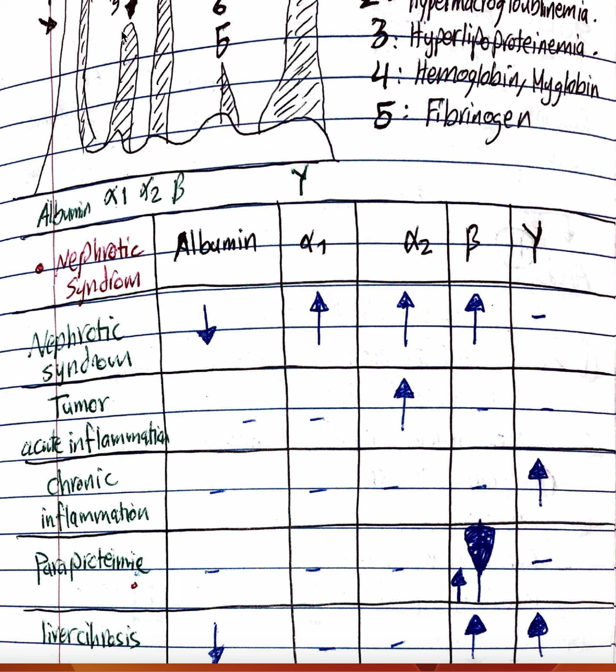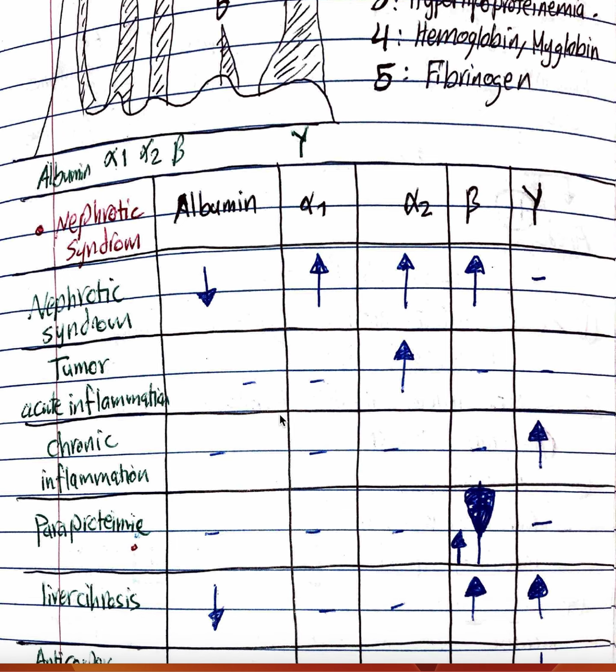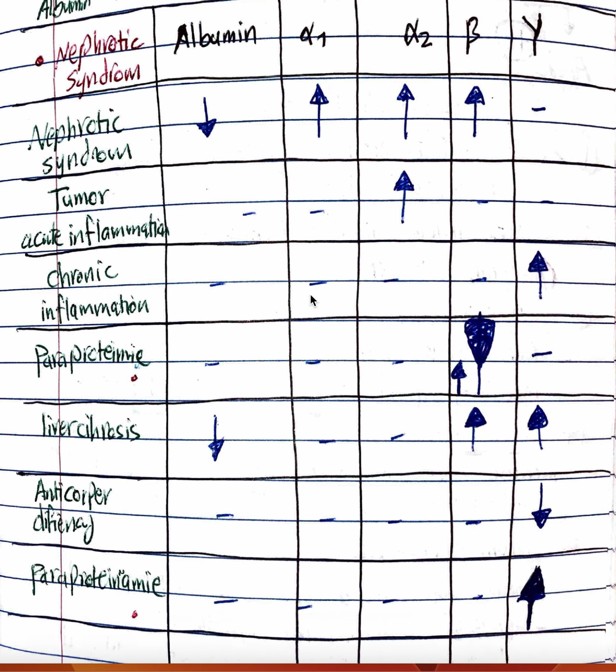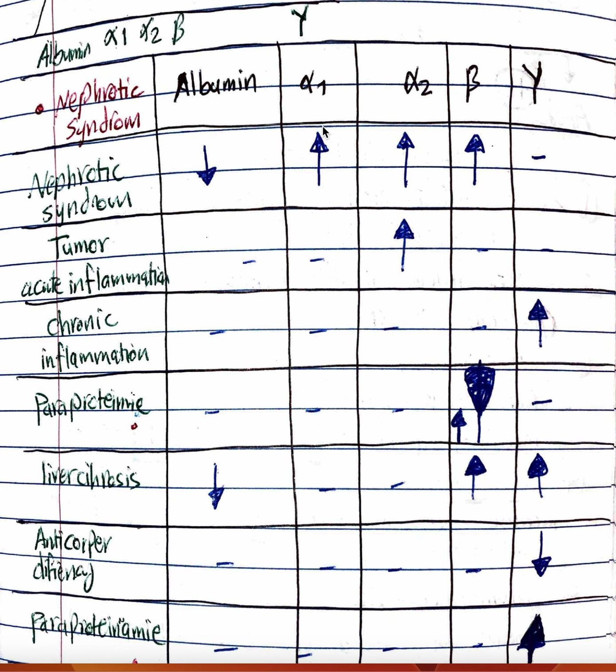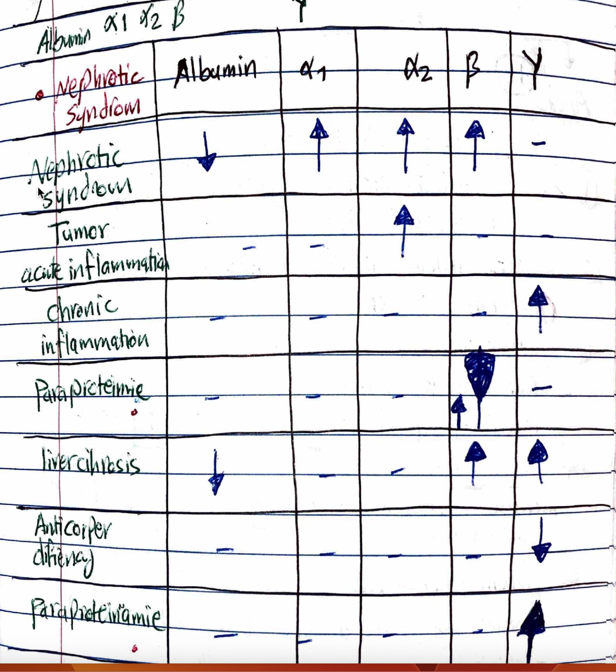Now we go to the alpha globulin, because we know that alpha 1 globulin is the smallest, and when you see it larger like this, that means there are many possible reasons. Inflammatory condition, nephrotic syndrome increases. It also increases in inflammation, but in acute inflammation, not in the chronic condition. So alpha 1 increases in nephrotic syndrome. Alpha 2 increases in nephrotic syndrome and